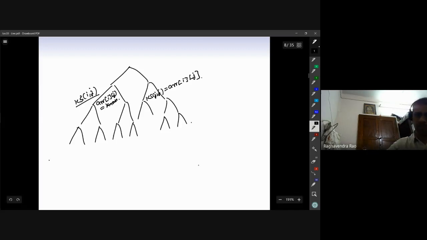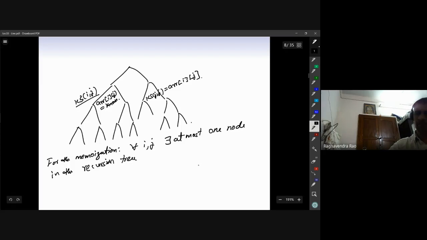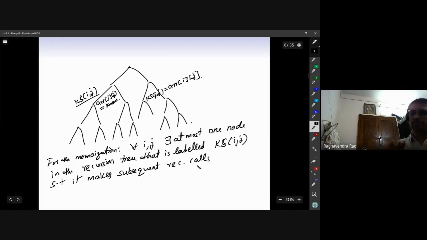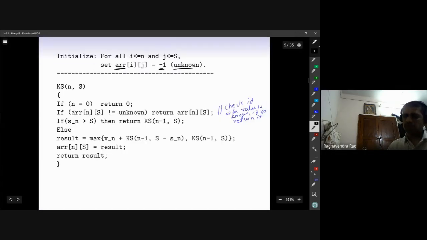So for the memoization algorithm, for all ij, there is at most one node in the recursion tree that is labeled case ij such that it makes subsequent recursive calls. All others will also be labeled case ij, but they will not make subsequent recursive calls. Therefore, the size of the recursion tree